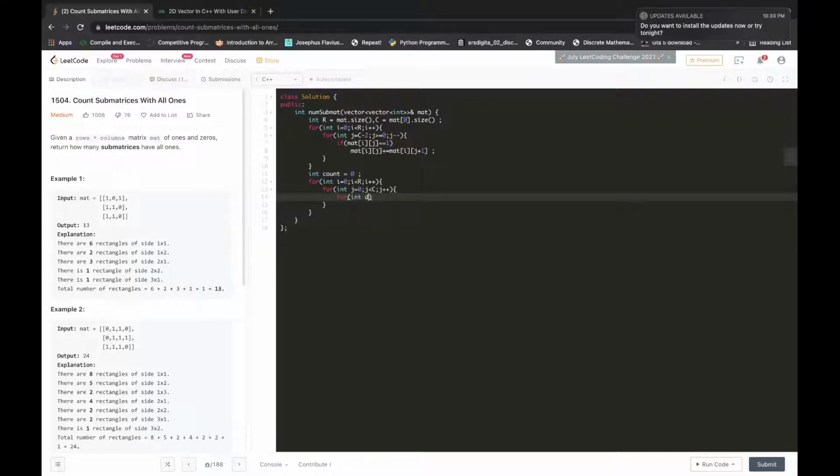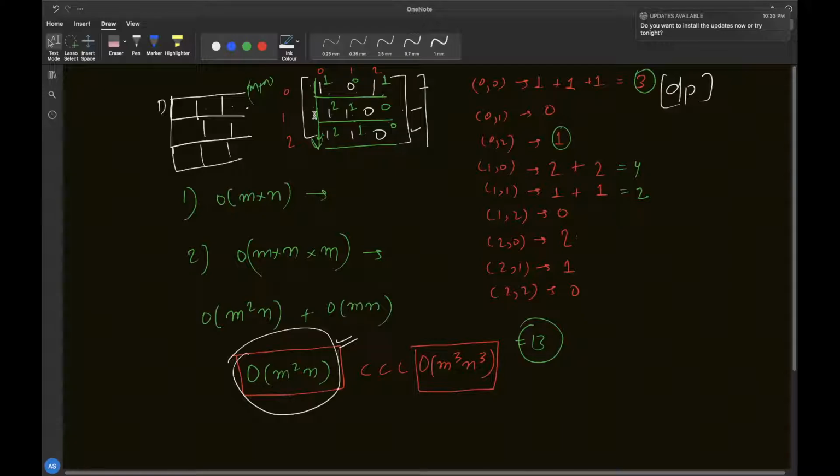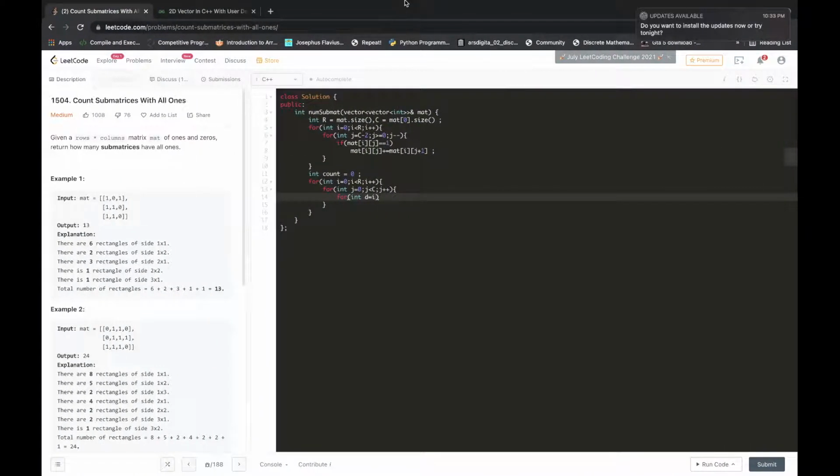So how will we have that? For int d for depth, it will start from the current element, the i. If we have fixed this element, then our depth will start from 1 and then increase to 2, because we would need this 2 that we have calculated. So our depth will start from i, and then depth will be less than R, which is the total height that can be achieved, d plus plus.